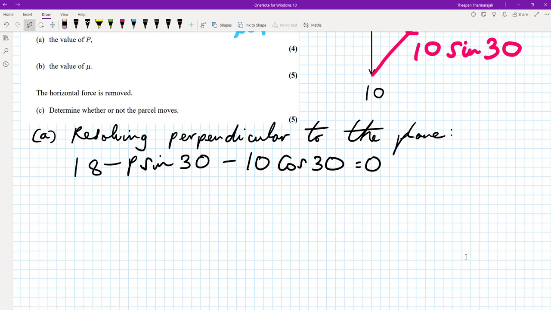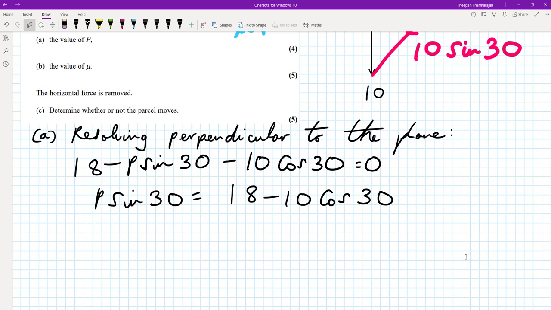So we could rearrange for P sine 30 to give me 18 minus 10 cos 30, and therefore P is 18 minus